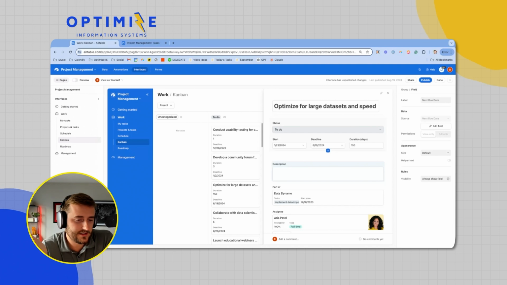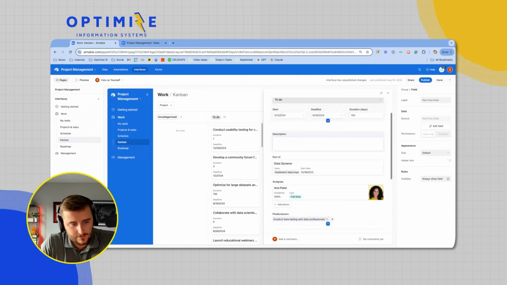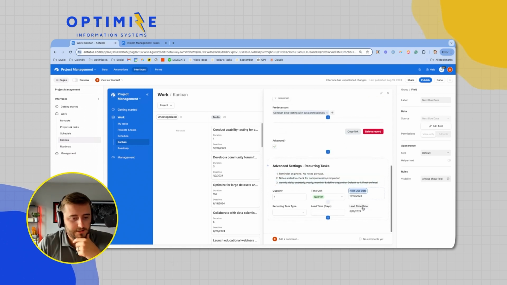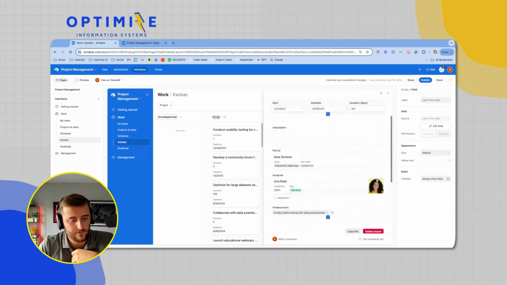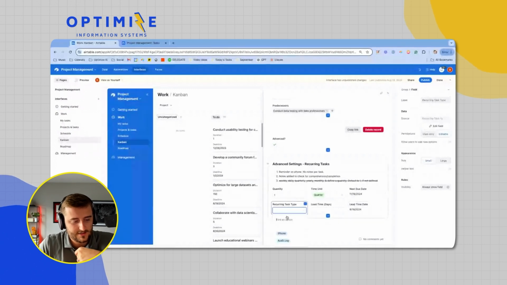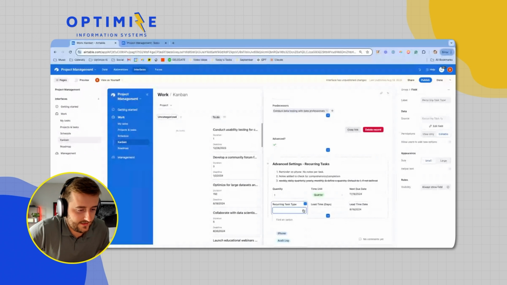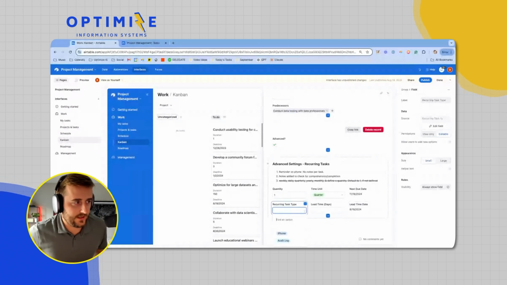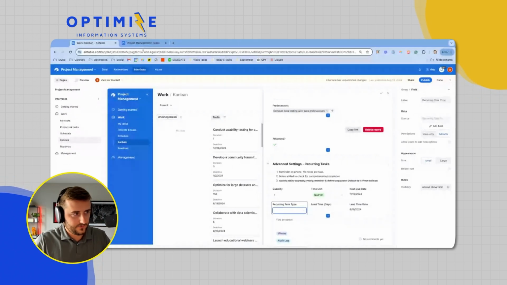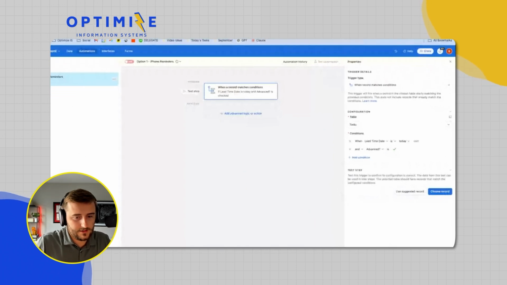I don't want it to just keep on creating tasks and have my automations run out overnight. Well, actually, lead time date is only applicable for the recurring task type for audit log. So I'm actually going to postpone deciding on how that will work till we get past the iPhone one. For the iPhone one, it would just be